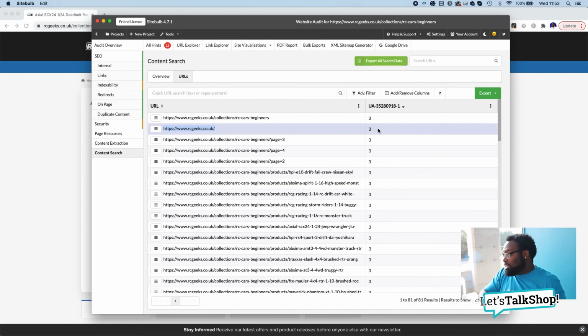But this is great. If this was a new site we just launched, or if we just did a huge rollout, fix it straight away, problem solved, write a ticket, Dev's your best friend, you get a promotion, go on holiday to Barbados once lockdown is over, and everyone's happy. So yes, that is custom extraction and content search in Sitebulb. And with that wizard, it makes it really, really easy for people like me. It makes you look like an absolute badass even if you know